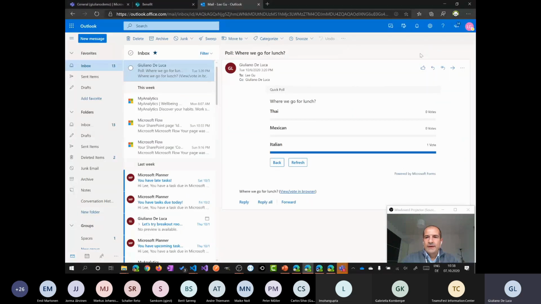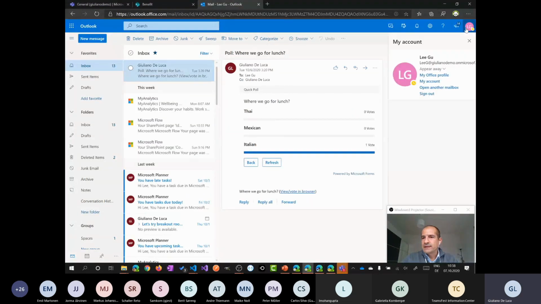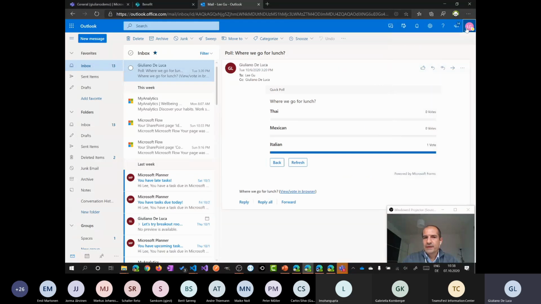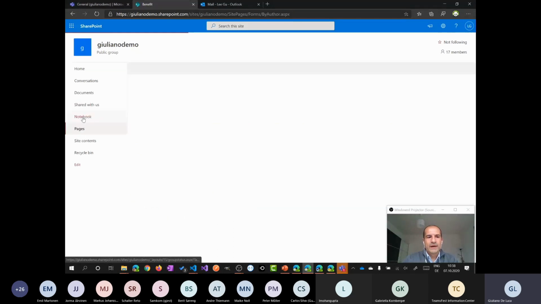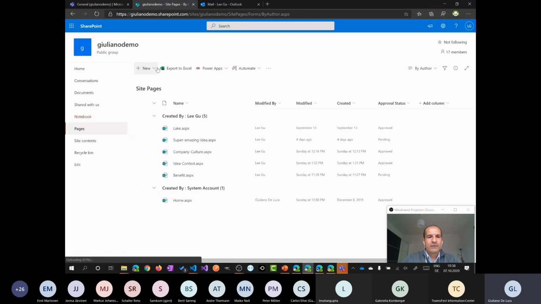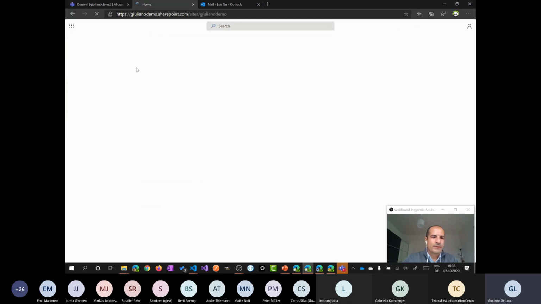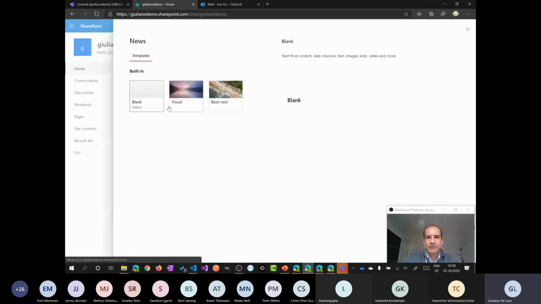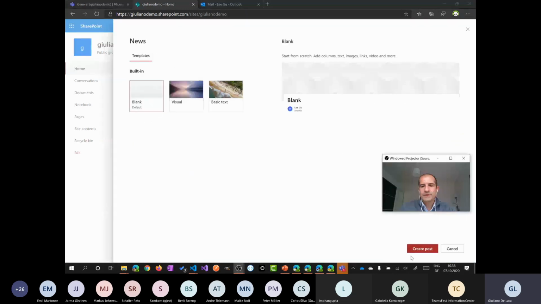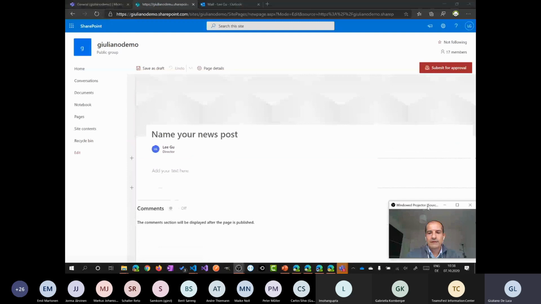Let me open now another browser instance. I am connected now with a different user, Ligu in my case, and I am now on this SharePoint site behind the team org wide and opening now pages. I want to create a new, let me go on the home because I have this plus button, which is more intuitive. New post, I can create a new post here. Let me click on create post,